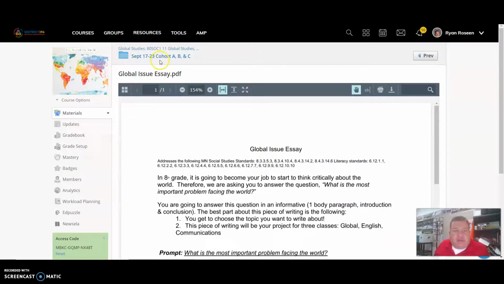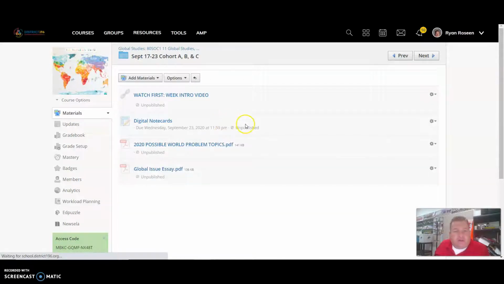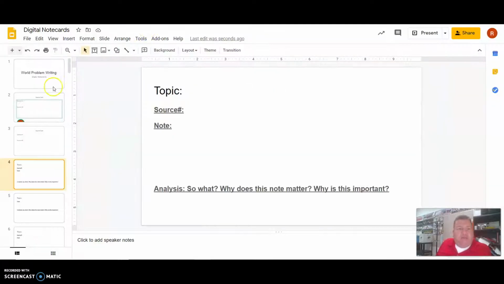Today, I am going to be talking to you about what we are going to be taking our notes on, and those are going to be the digital note cards. I want to do this in a couple of steps, and I want to model for you how this is going to be done. First of all, when you open the digital note cards up, you will notice there's a